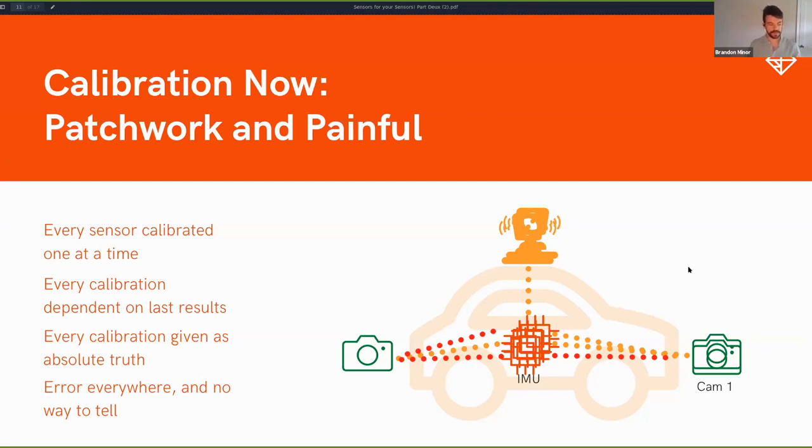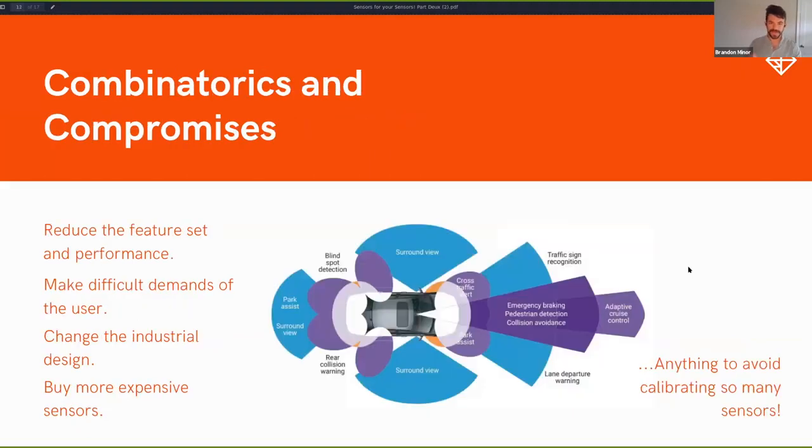That's the whole theme. But this patchwork, painful calibration process has not been solved by industry by making calibration better. So instead, what these larger perception-based products do is that they make compromises other places to avoid the calibration problem entirely. And so you can think of reducing the feature set, getting rid of some sensors,